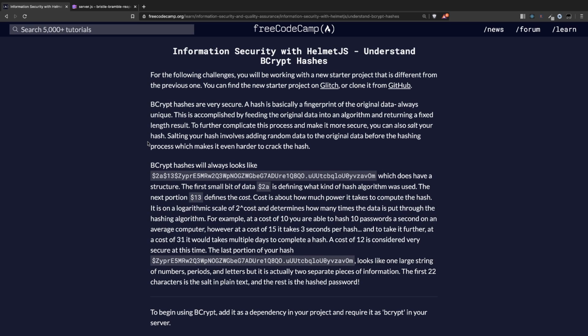Bcrypt hashes are very secure. A hash is basically a fingerprint of the original data, always unique. This is accomplished by feeding the original data into an algorithm and returning a fixed length result. To further complicate this process and make it more secure, you can also salt your hash. Salting your hash involves adding random data to the original data before the hashing process, which makes it even harder to crack the hash. Bcrypt hashes will look like this. Look at that password,